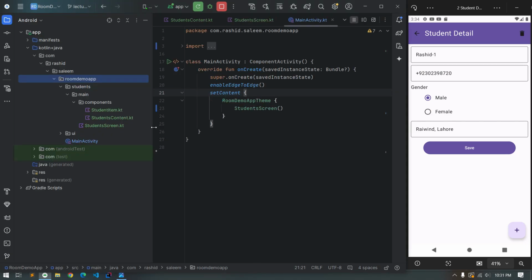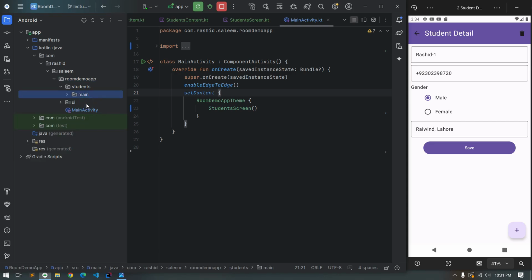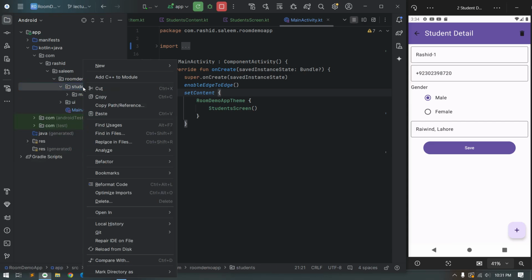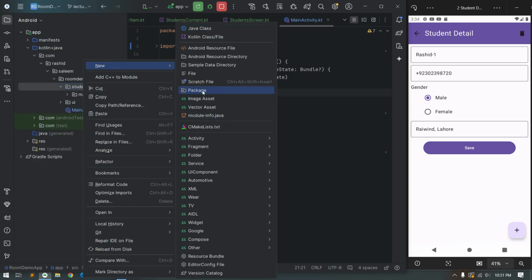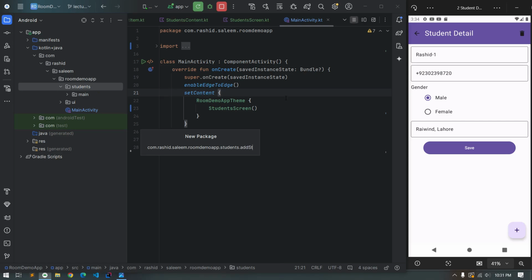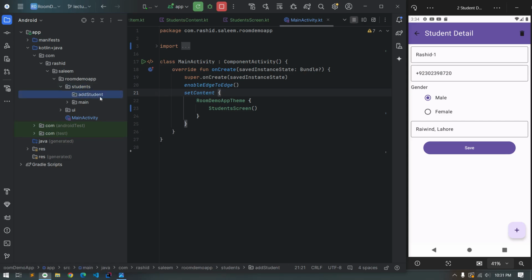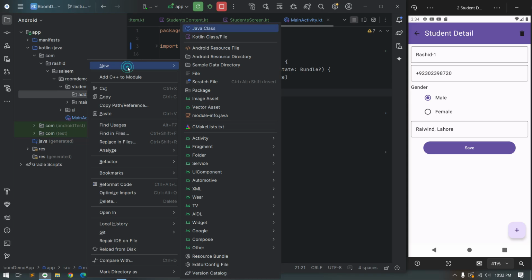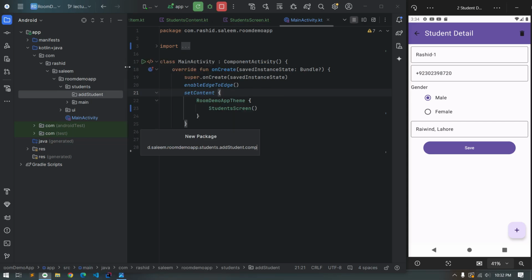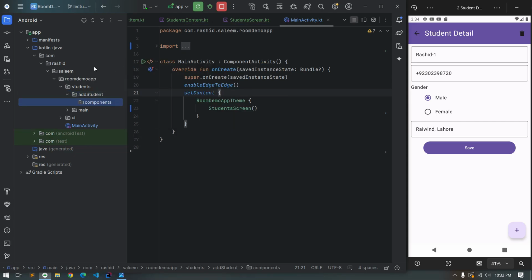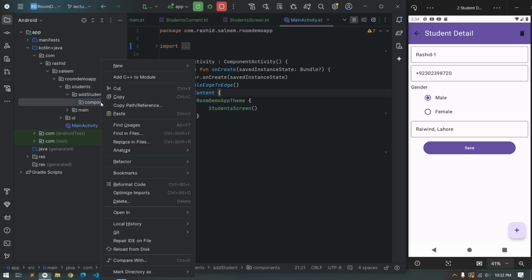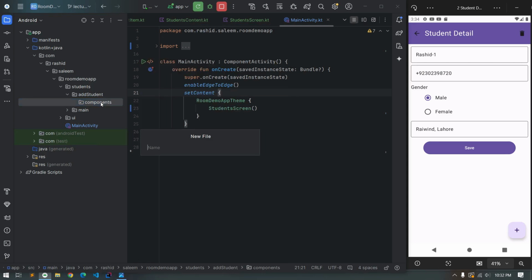So to make this screen, in our students module we will create another package named AddStudent, and in that we will create another package named Components, and in that we will create a file named